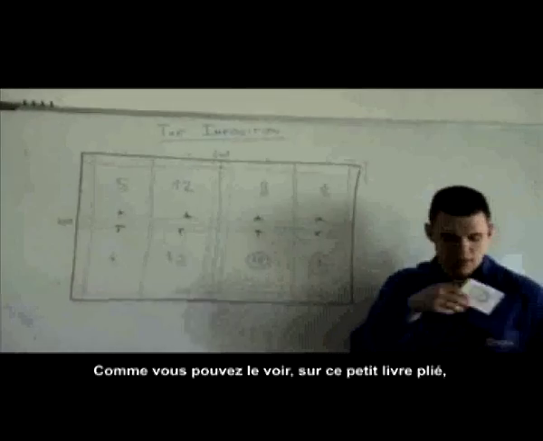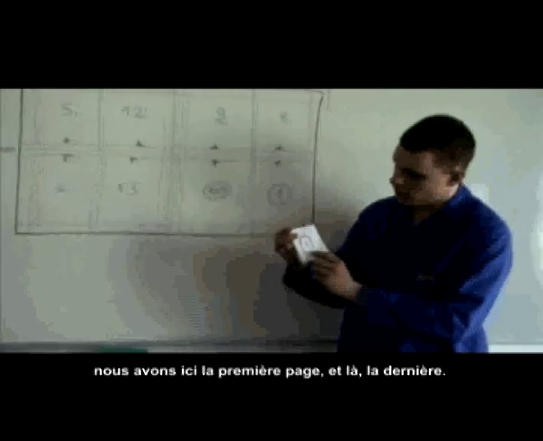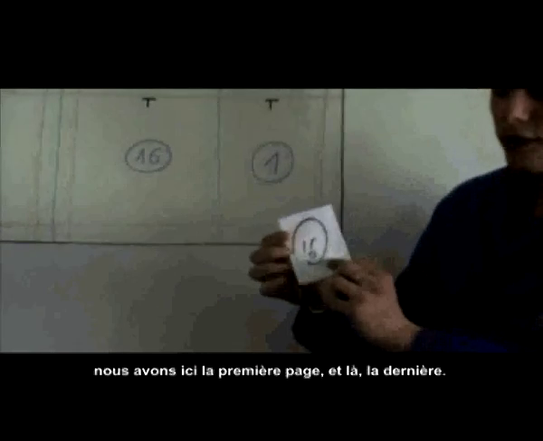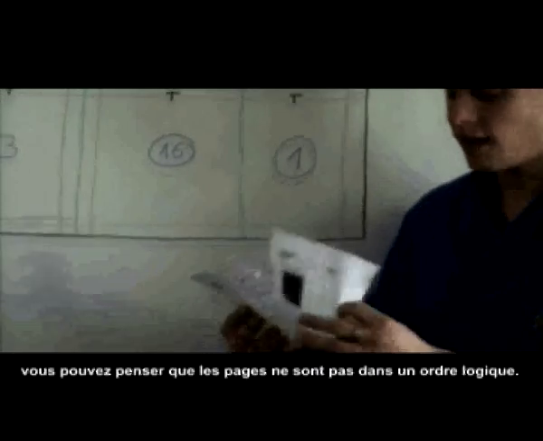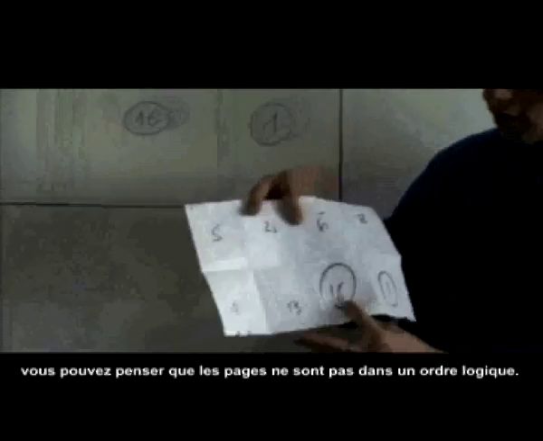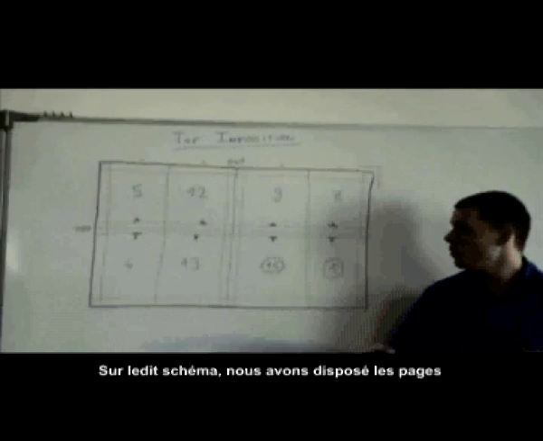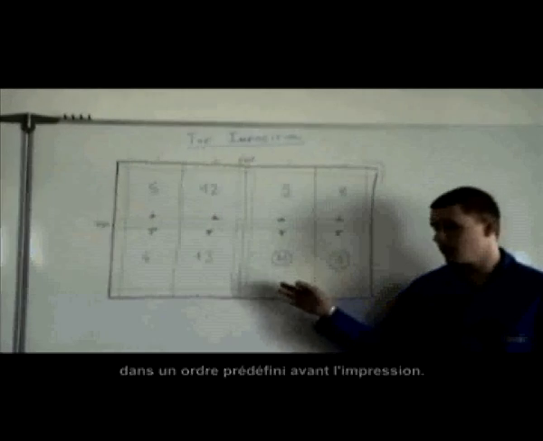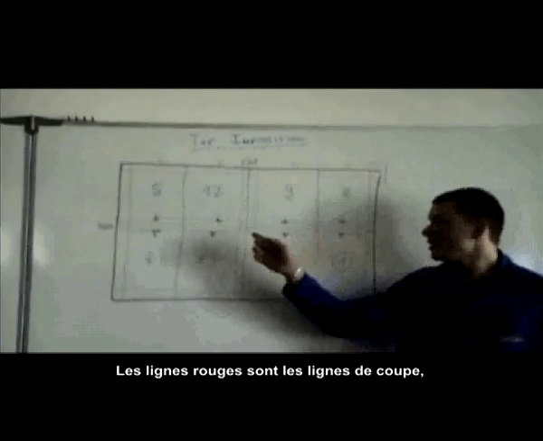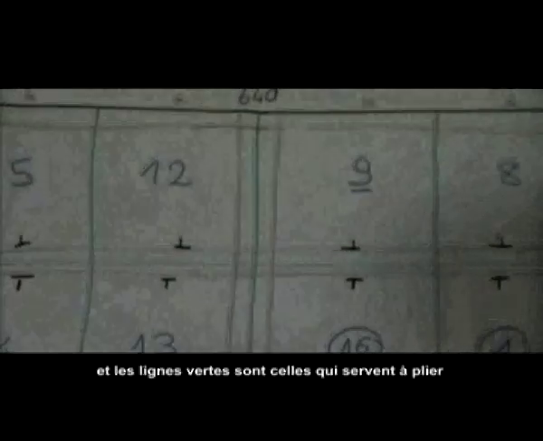As you can see on this folded little book, we have right here the first page and here the last page. When we unfold the book, you can see that they are absolutely not in a logical order. This is an imposition diagram. On this diagram, we have laid out all the pages of the book in a strict order before the printing step. The red lines are the places where we're going to cut the paper, and the green lines are the